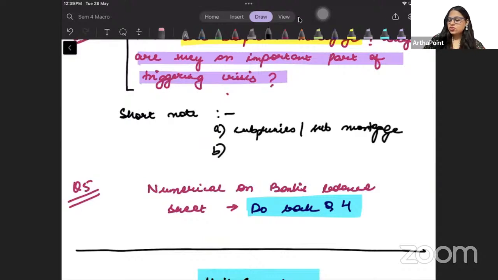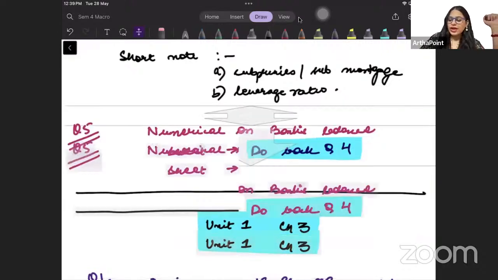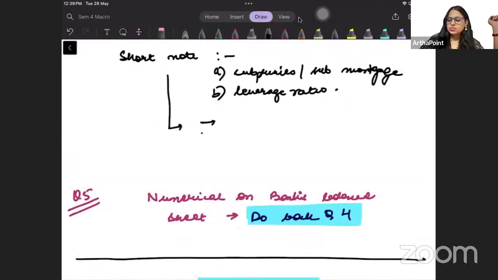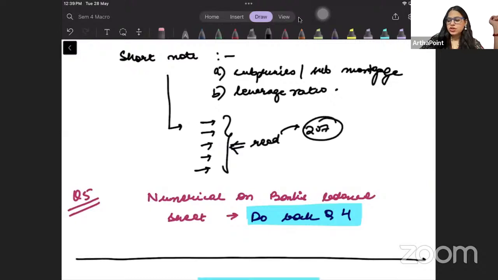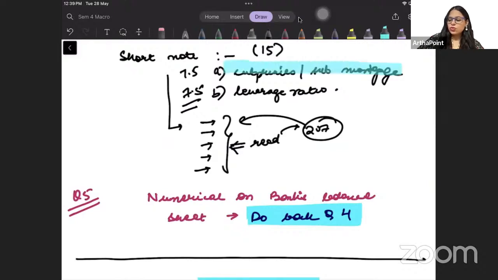And they can ask you to write a short note on, say, leverage ratio and other terms. So, जो भी important terms हैं, if you go towards the last of the chapter, end में they would have mentioned what are the terms used within the chapters. तो उन terms को एक बार just read those terms. उन्होंने page number भी दिया हुआ है that on which page number which term is there. Just read that term also because it can be asked as a short note, right? So the question can be asked as a 15 marks question, 7.5, 7.5 each, where they can ask you to write a short note on these terms.